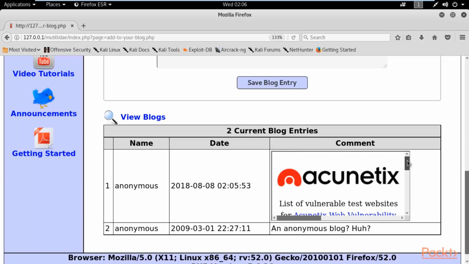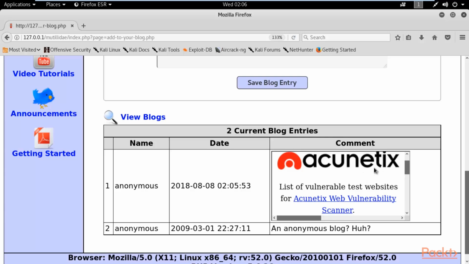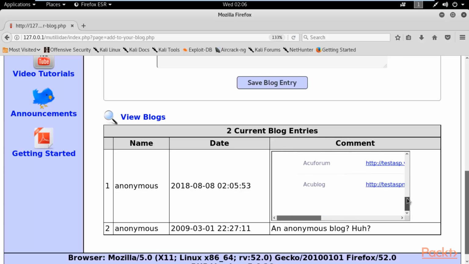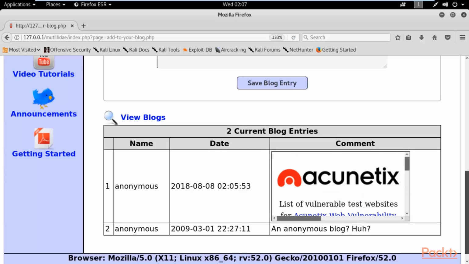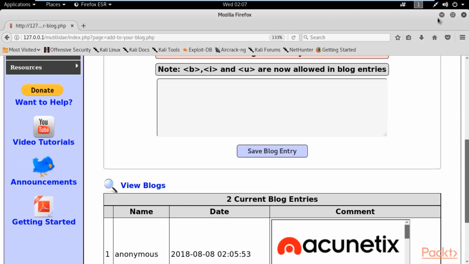So any user can click on this. What is the use of it as a hacker? So a hacker can insert any phishing link or any fake page of any website, and when the user will insert the username and the password, it will be gathered by the hacker. So this is the advantage for the hacker and problem for users. All right, let me try with the second query.